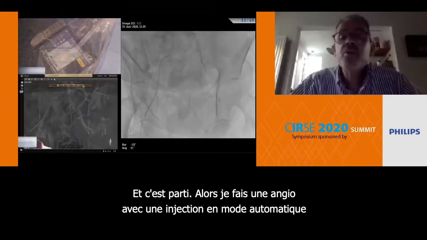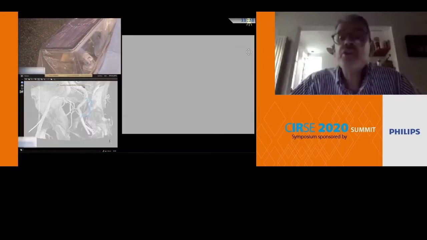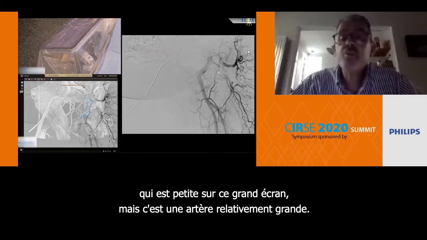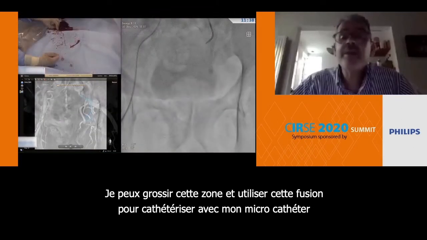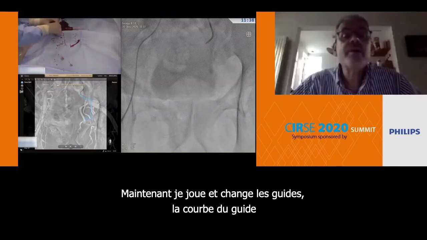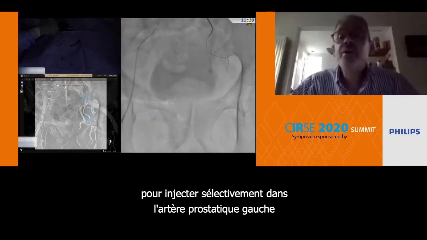Here we go. So I go for an angio with the automatic injector, and you can see that I see the prostatic artery here, which is small on this big screen, but it's a relatively large artery. I can mag it, and I can use this fusion to catheterize with my microcatheter the ostium of the left prostatic artery. Now I'm playing and changing the wires, the curve of the wire, going to selectively inject the left